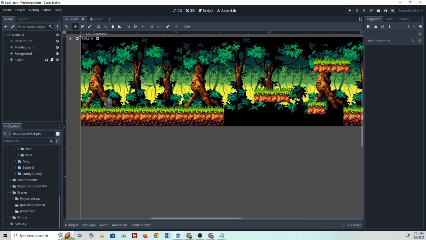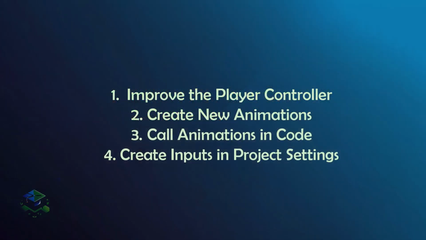In this video we're actually going to go deeper into the player script. We're going to give it a little more functionality. We're going to change the inputs. I'm going to show you how to add inputs. Specifically, we're going to add some new animations, a jump and run animation, so we can make him run